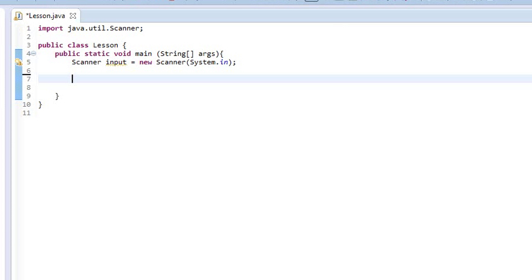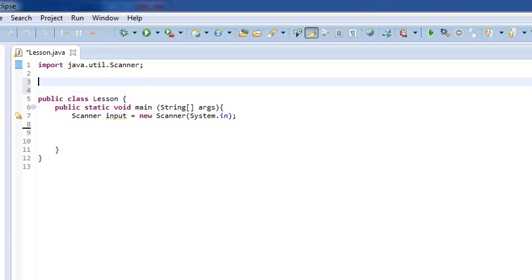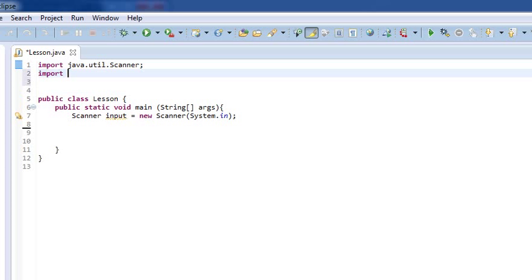Let's say that we want to write an actual program. We're going to make a guessing game where we make the computer generate a number, and then we take in the person's guesses until they're right. So here's what we're going to do. We're going to import